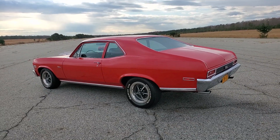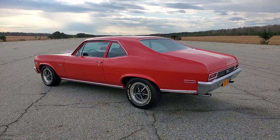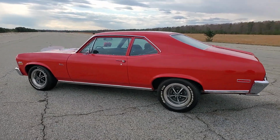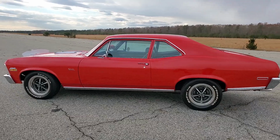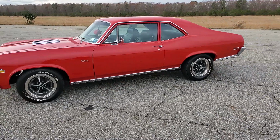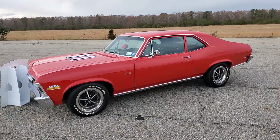Some nice options. Power steering, power brakes. It's a 4-speed, console gauges, factory tach in the dash, which is pretty cool. This was an executive car? This was built for an executive